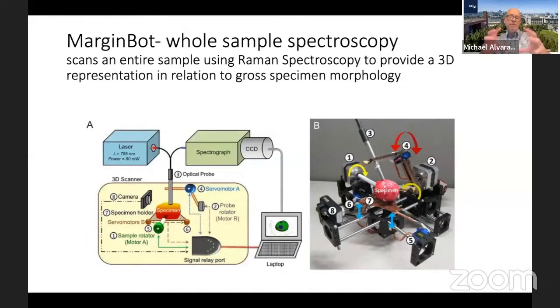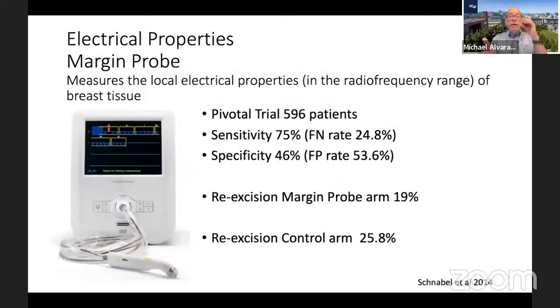So, I mean, now we're using robotic type margin technology. This one you may have heard of probably because this is one that's actually out on the market. The margin probe, which measures local electrical properties. Seemed like it was going to be a great thing, but here you can see, again, when we start thinking